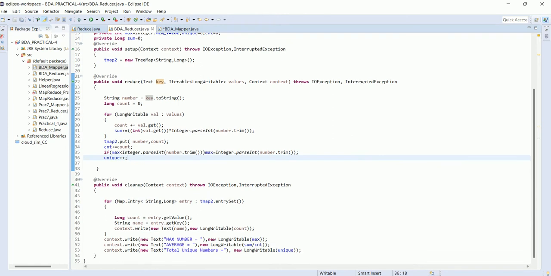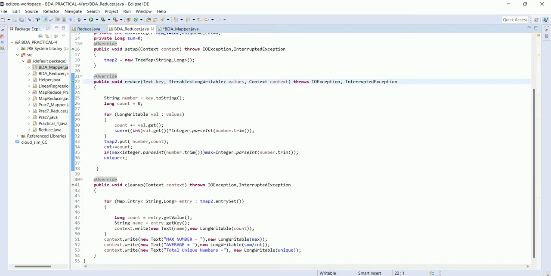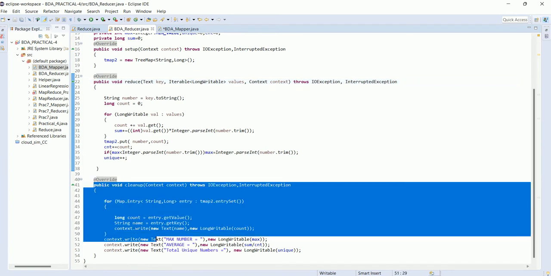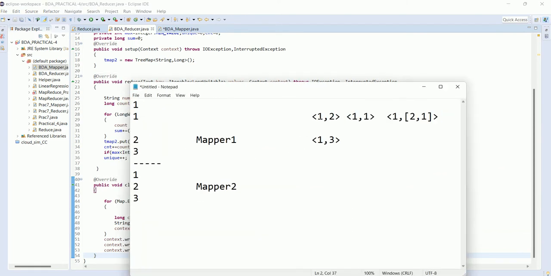After all reduce functions are completed for one reducer, the cleanup function starts for that particular reducer. One thing you need to understand is that one key is passed to only one particular reducer.